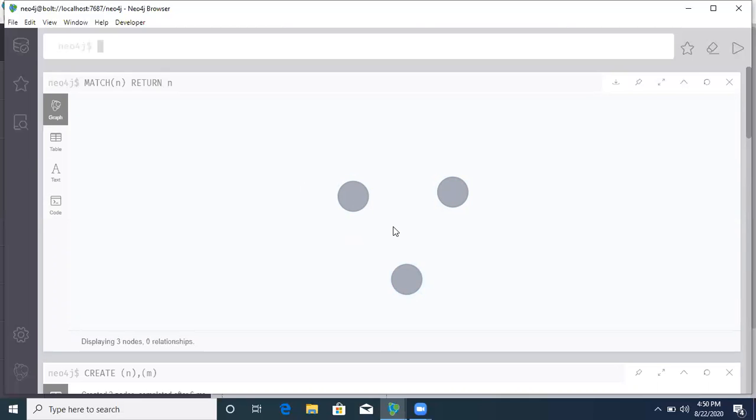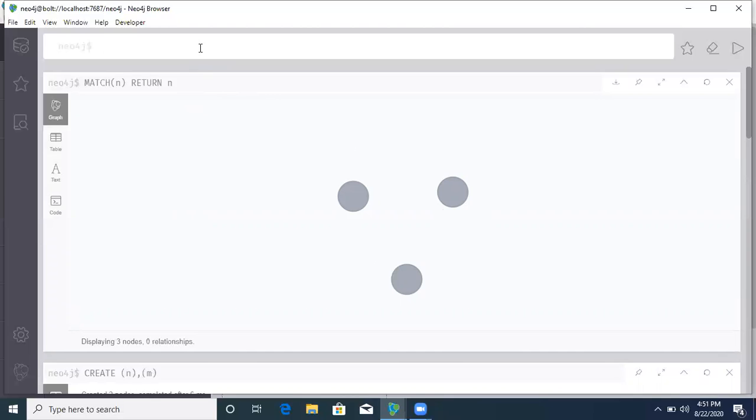So ID number will start from 0, right? It is not like that you have earlier created n and now again you have created n, so n and n are the same. It is not like that, right? Here we are just telling the system that we want to create two nodes. That's why I have taken n and m, right? So this is how we can create the nodes and we can view the nodes.